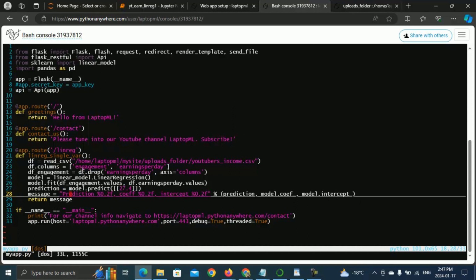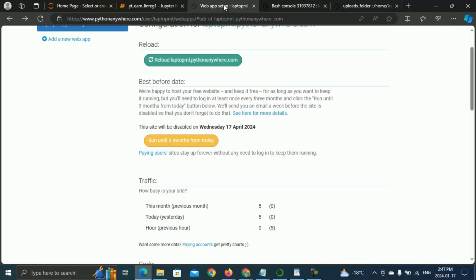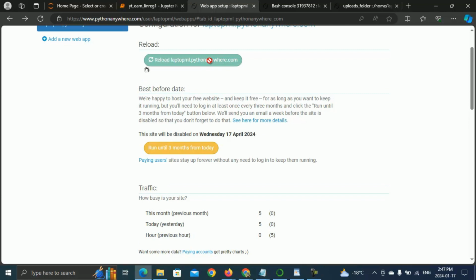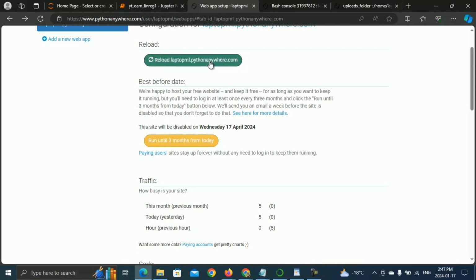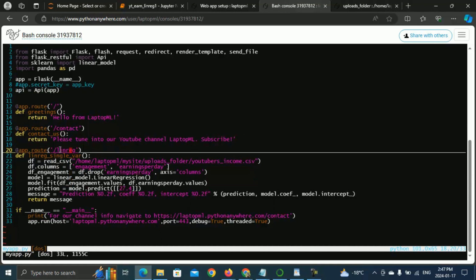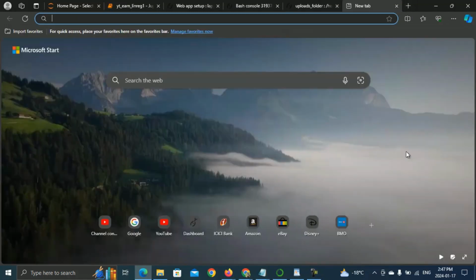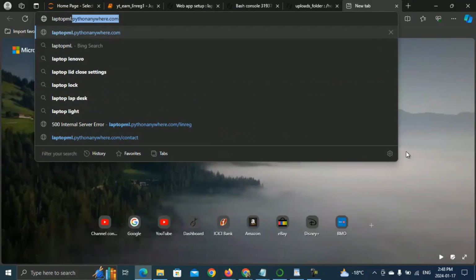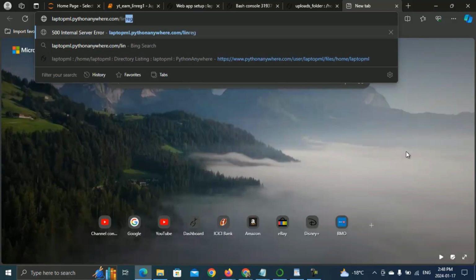So now with that function set up, let's reload the website. You have to reload the website every time you make any changes to the script that powers the website, the Flask Python script. Okay, the reload is complete. So let's look at the website URL that we defined. Remember, the path is defined as linreg, so our base URL is laptopml.pythonanywhere.com and then /linreg. Remember, the URL with this resource path did not work before the implementation, but right now